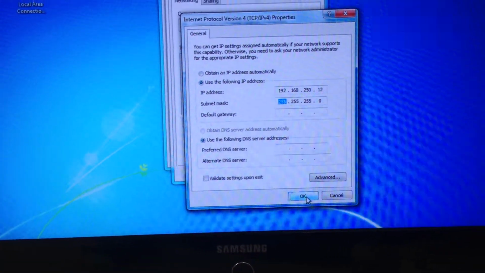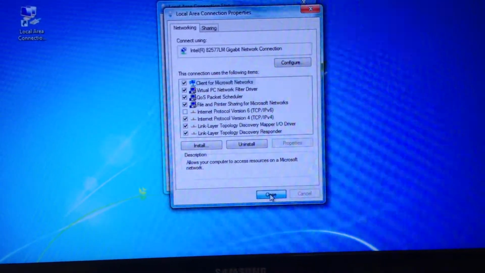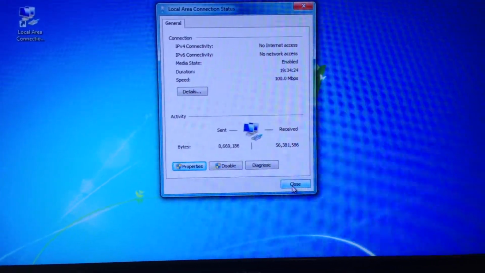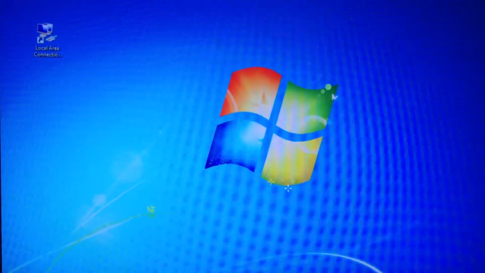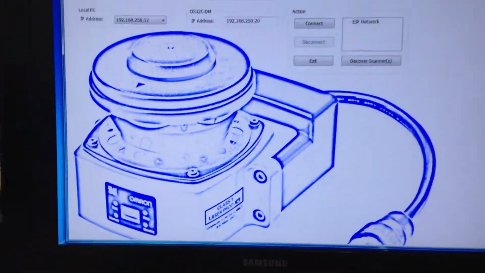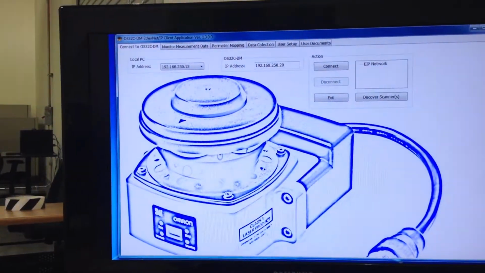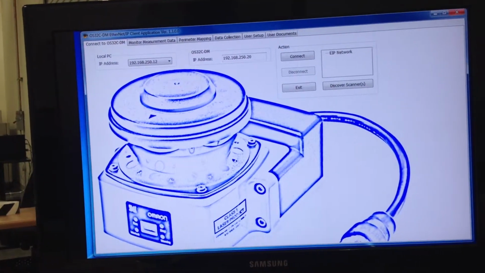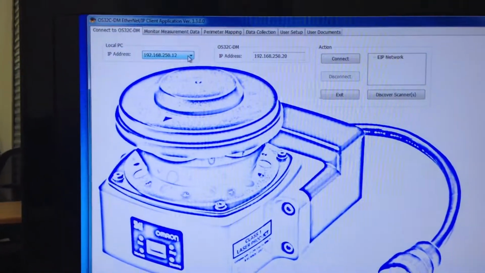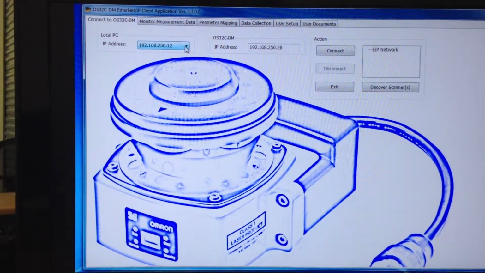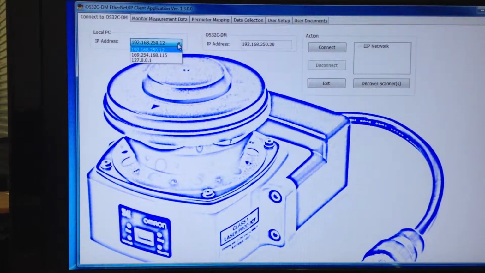Hit OK, and close this window. Once you've done that, then you can launch your demo software. As you see, I launched the software. Now, as you note, once you launch your software, the IP address you had just set should show up right here. If you don't see it, use the pull-down menu and choose from the IP address that you have just